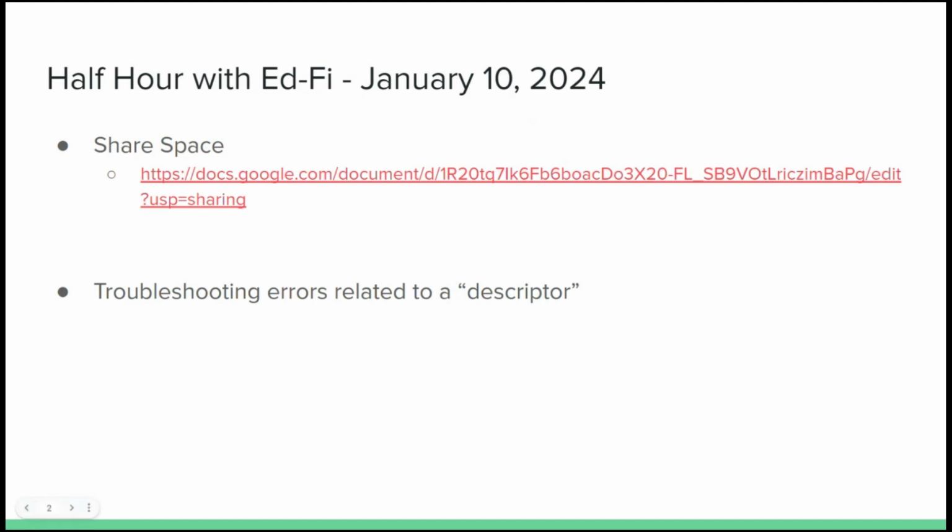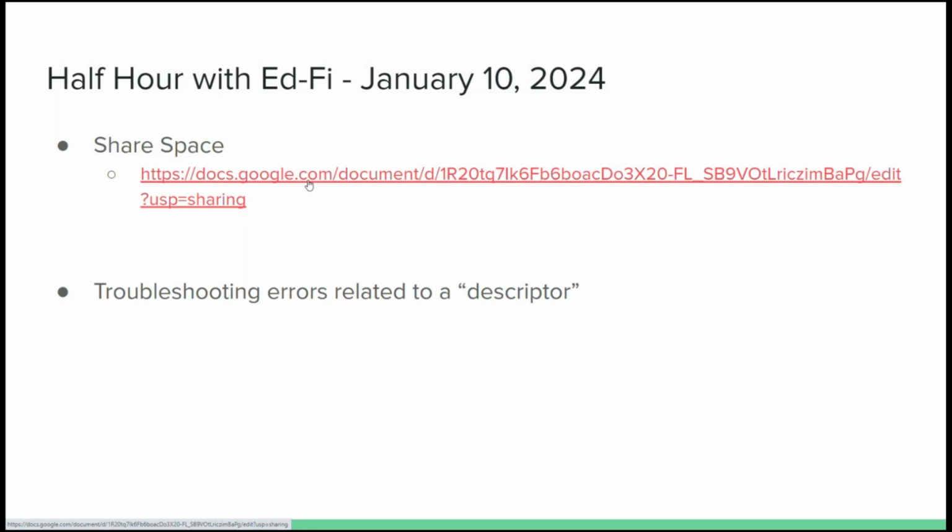errors that are related to a descriptor. So if you have an error message that says something about a descriptor, you may already know what to do with that, but maybe you don't. So today we have an example that popped up in one of our test servers that may or may not be something that you have, but you might have something similar. So I thought it might be a good opportunity just to use that to show you all how you could troubleshoot that and know whether or not it's something that you would need to correct or could correct, or if it's worthy of a ticket.